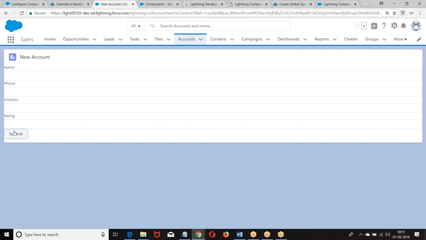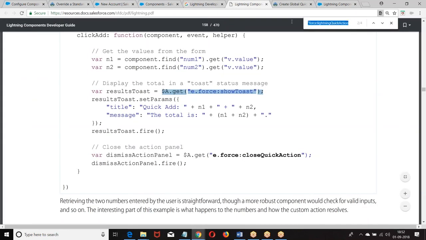We are overriding, and to override we are using a component, implementing an interface. If you want to refer to a record, we use LDS, Lightning Data Service, on the client side, verify, and the data will be inserted. We already did that in the previous example. Now, once you have done that, how do you navigate to that particular record? It is also one of the standard events.